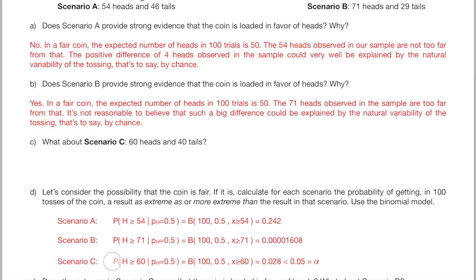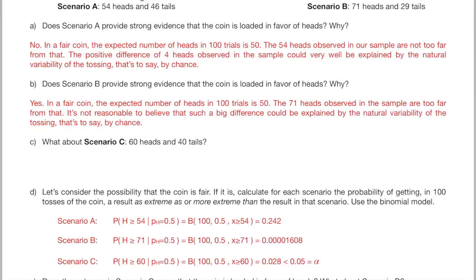Scenario C. What's the probability of 60 heads or more than 60 heads if the coin is fair? 0.028. This probability also confirms that this scenario is a gray area. This is not likely at all, but it's not inconceivable either. What do we do here? A student mentioned that we should use some sort of level of tolerance, and I totally agree with that. If you have understood that these probabilities are useful to make a judgment about the fairness of the coin, we are ready to introduce the vocabulary.